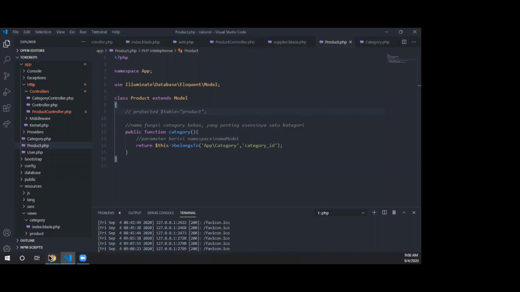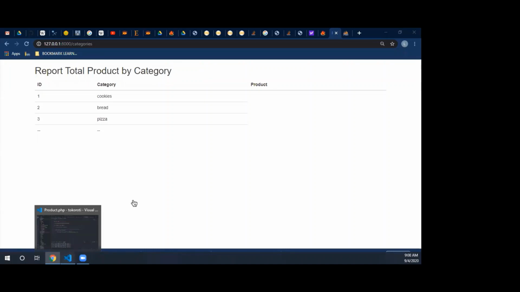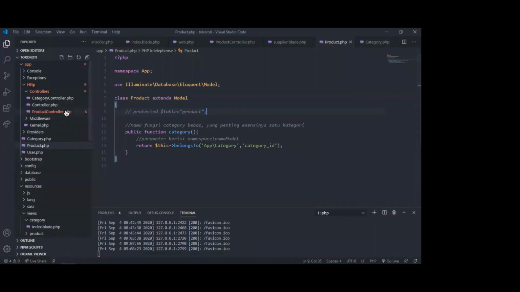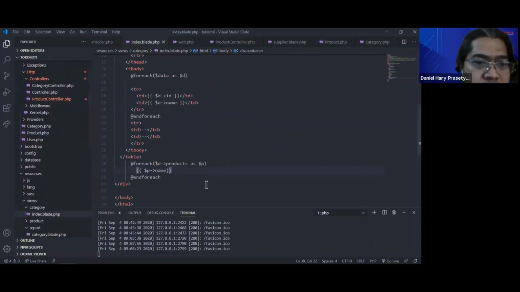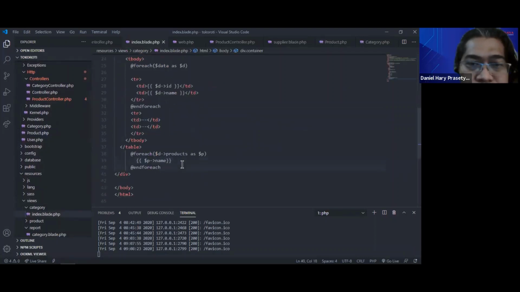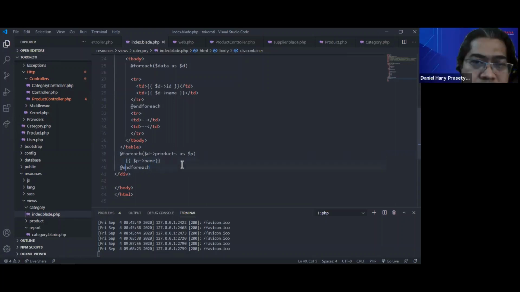Oh, wait, sir. Okay. Oh, it doesn't show. Wait, there is an error in product controller also. I think this one doesn't show. Okay.